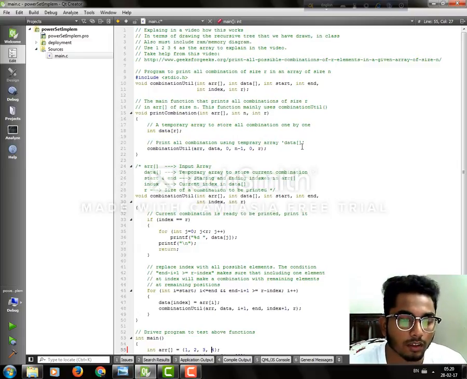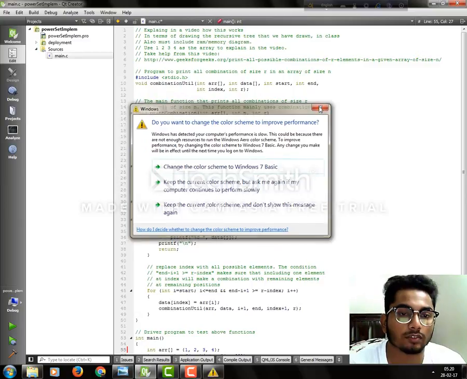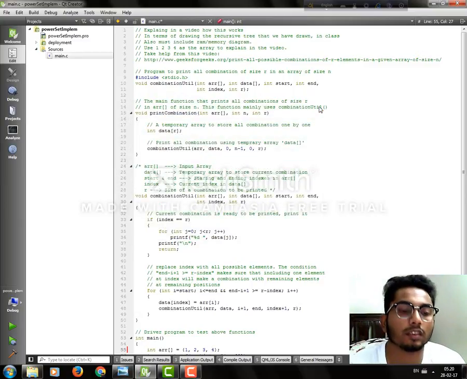It's a void output. Inside this combination util function, we can see that we are using an if statement here. So if index is equal to r, so if the current index in the data is equal to the size of the combination to be printed, if both of them are the same, then we are using a for loop here. Inside this for loop, j equals 0 and j less than or equal to r, so if j is less than or equal to the size of the combination to be printed, then we are incrementing by j plus plus, and we are printing the temporary